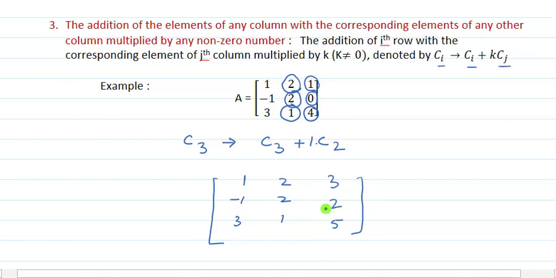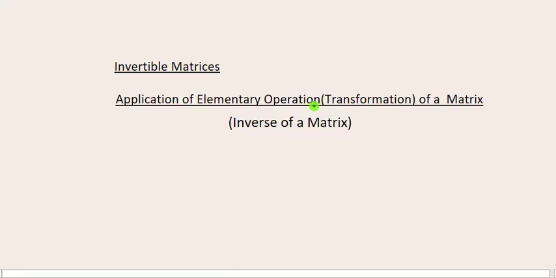So we have observed that the operations on rows and columns are identical. Instead of rows, we are taking just columns in column transformations. We should be very careful about the operations, that when we are applying operations on columns, we should go with columns only, and when we are applying with rows, then we should consider only rows.